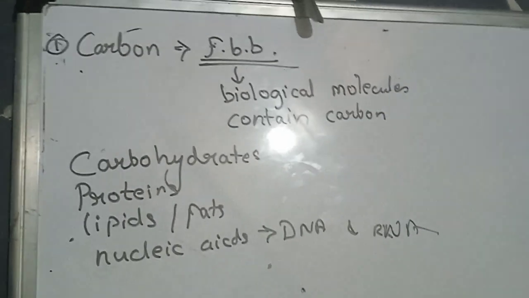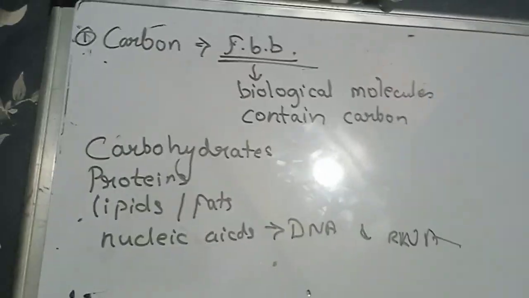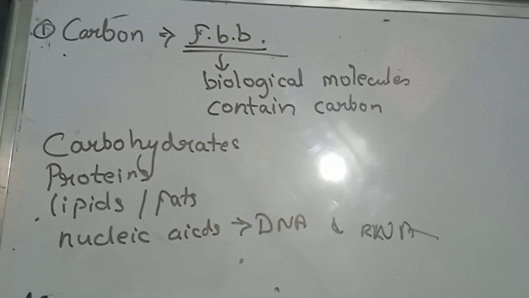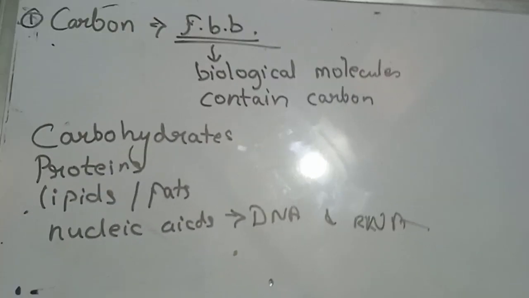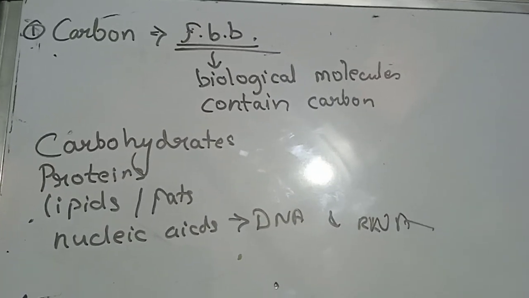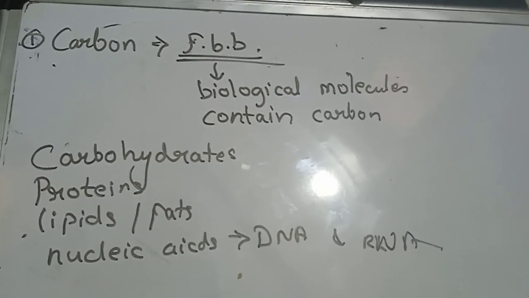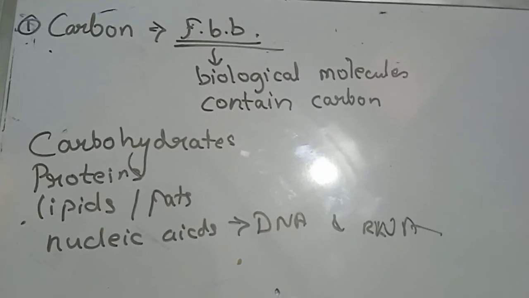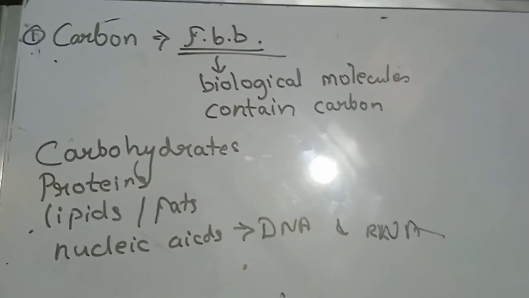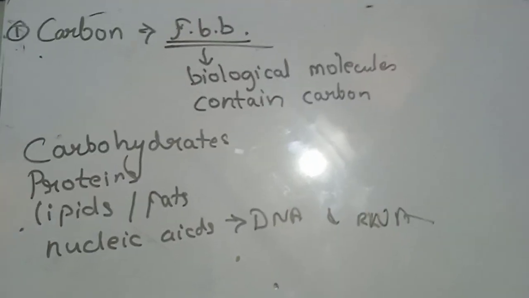So hello friends, we are going to start a new topic, that is carbon cycle. As we already know what is a biogeochemical cycle, and when we say chemical we mean elements. So we are going to study several elements like carbon, arsenic, nitrogen, phosphorus, and sulfur. Firstly I am starting with carbon because it is really a very easy cycle to understand, and also